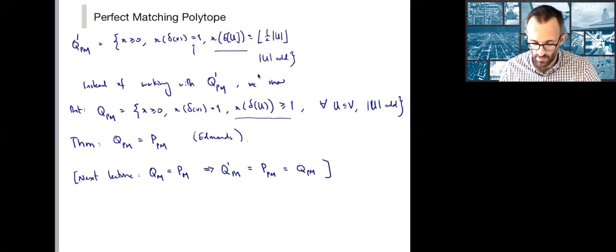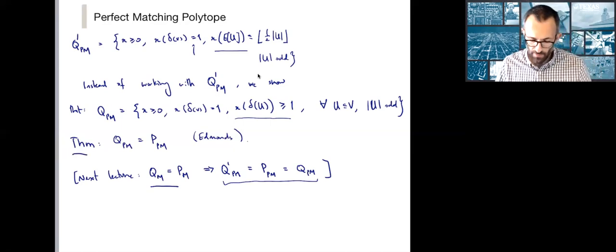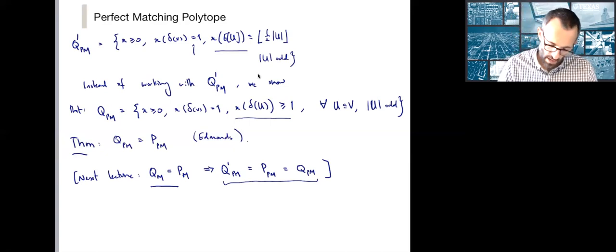So this is what we're going to see. Of course, this is going to be the main part of it. This is just a simple corollary of the fact that QM is equal to PM. Okay, so this is where we are. As a preliminary to the proof, or really the first step of the proof, we can even start it here. Note that